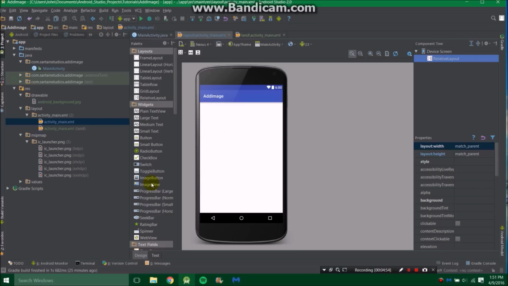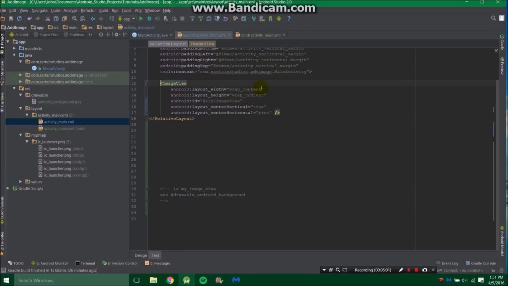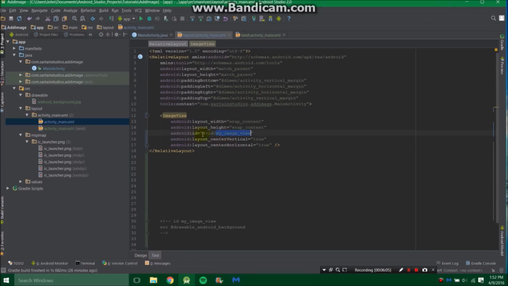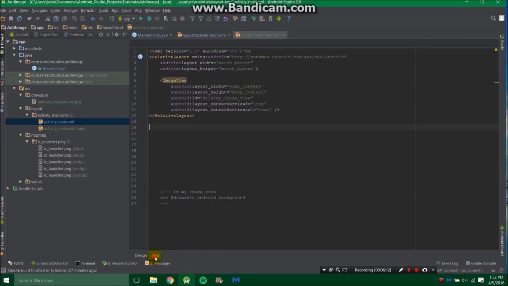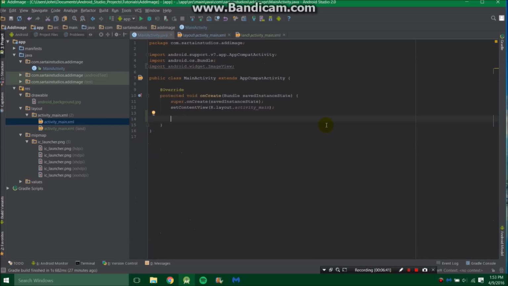What I like to do is just add my image view to all the layouts that I need it on, and then I specify the ID of the image view. Specifying the ID of the image view doesn't really do anything yet. All it does is specify in the XML which image view we are referring to. So when we use our Java, we're going to find this image view and only this image view. But since we have both layouts with the same ID for the image view that we have in there, it'll reference both of them. So let's go to our main activity, and we need to type some code.